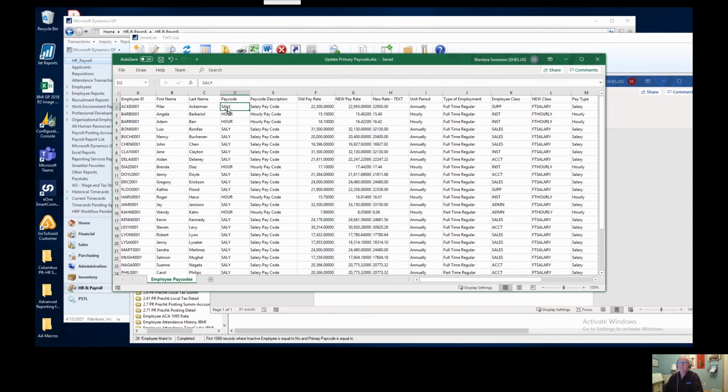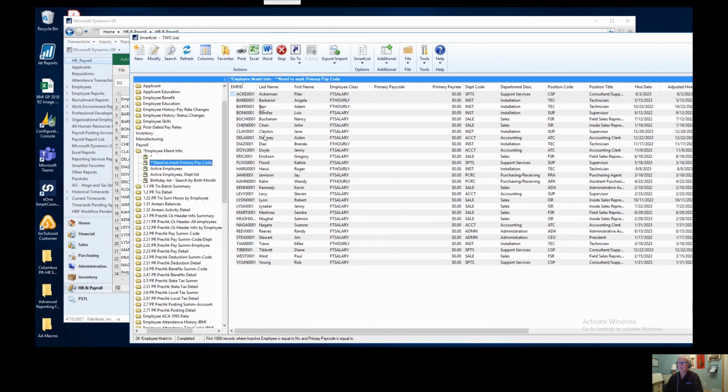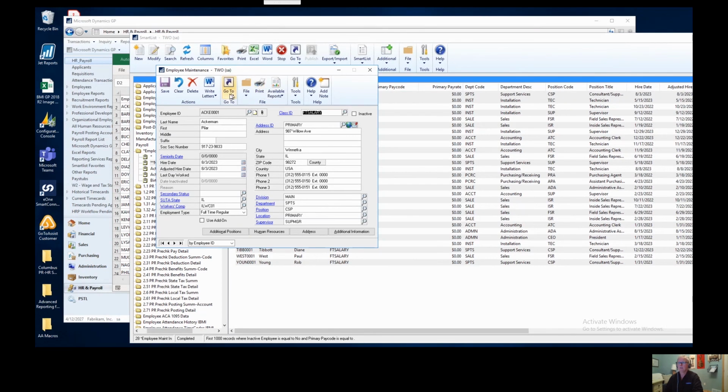Anyway, so I've got my list. These are my pay codes, and really all I'm going to do is update the one check mark that needs to be marked on them. So first of all, I'm going to go to my employee pay code window, and I will use Ackerman as my sample. Get to my pay code window,